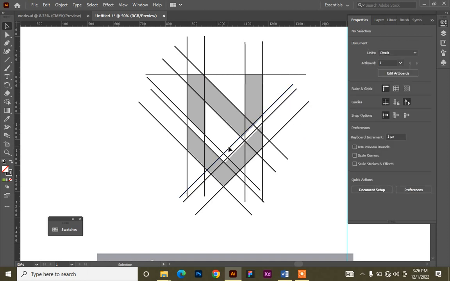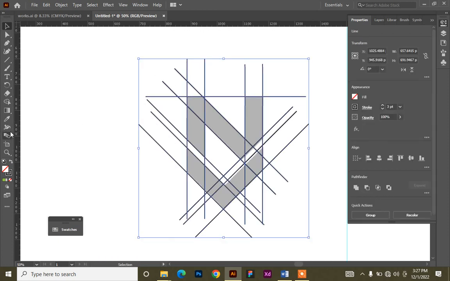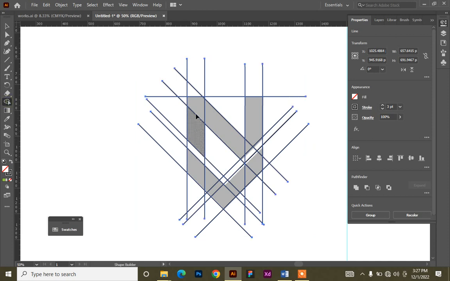So now you have created all your grid. You just need to select everything, right? And then you go to your shape builder. Actually, it's an important tool. So you want to select all these ones and make them one shape, right? So you just click and you follow the shape like this,